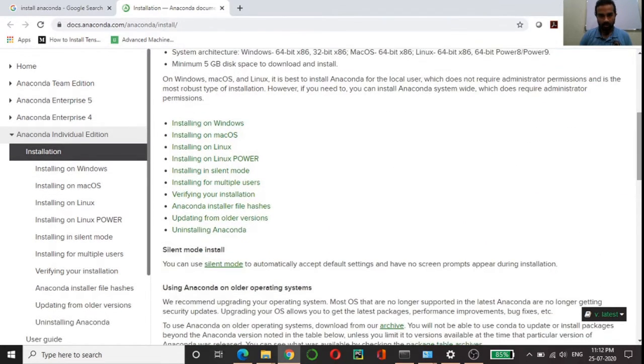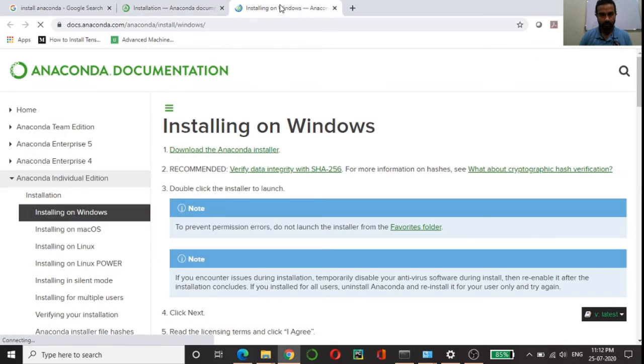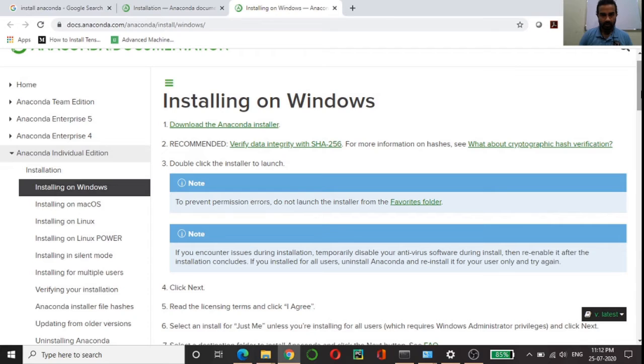As you scroll down, you get different options to install on Windows, macOS and Linux. You can follow the one for your operating system. I have Windows, so I will go to Windows. And there are point-wise steps to be followed.